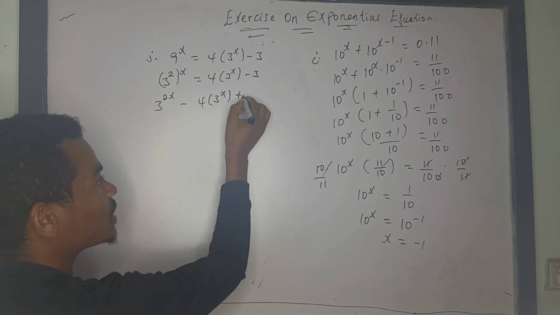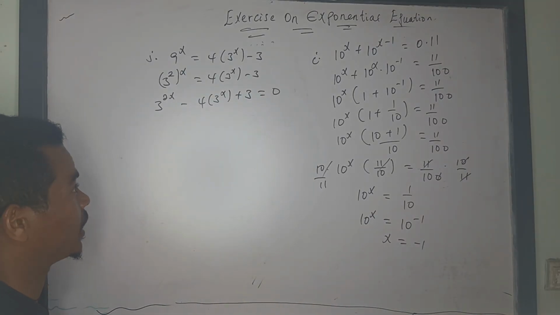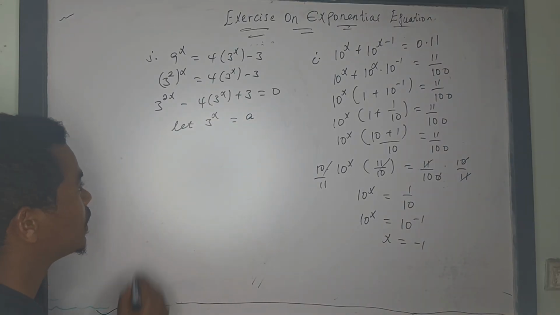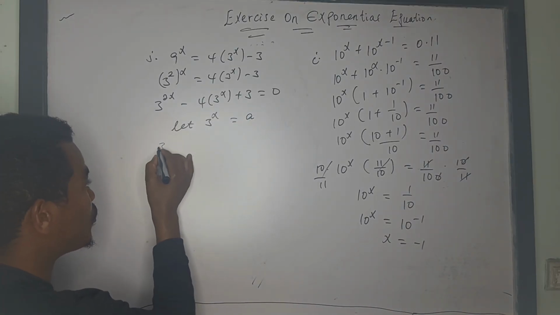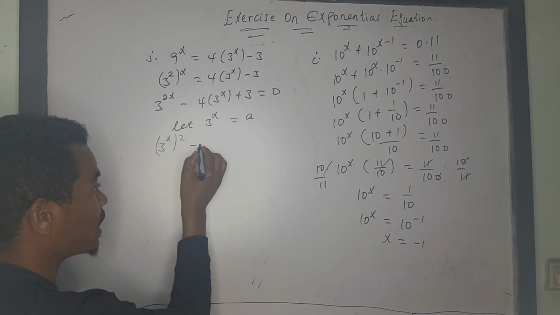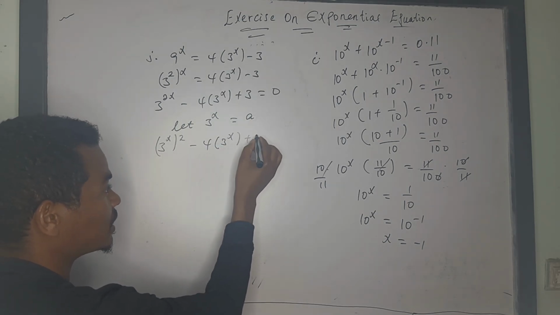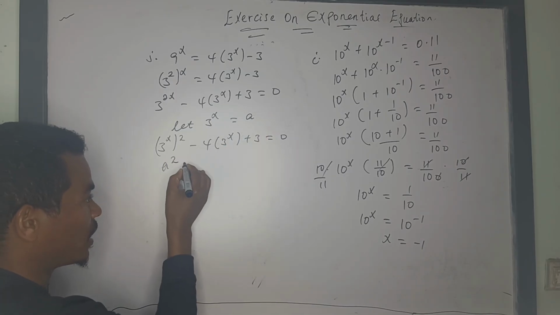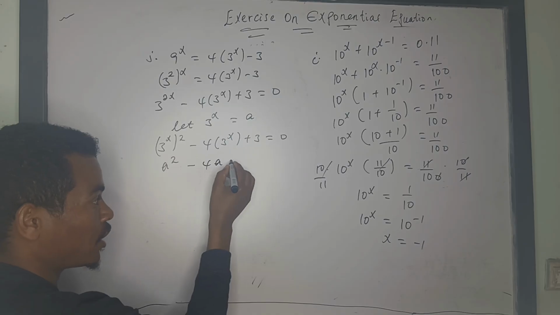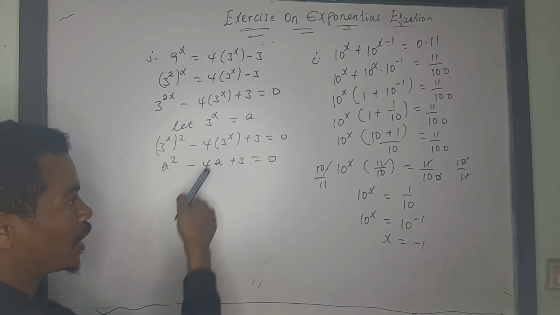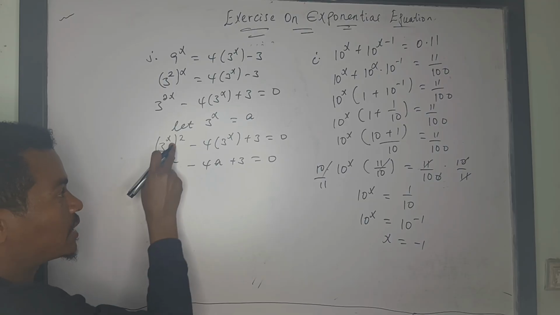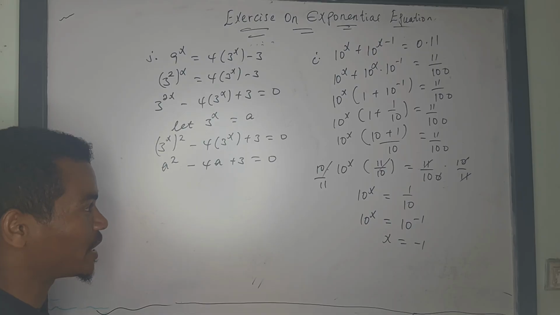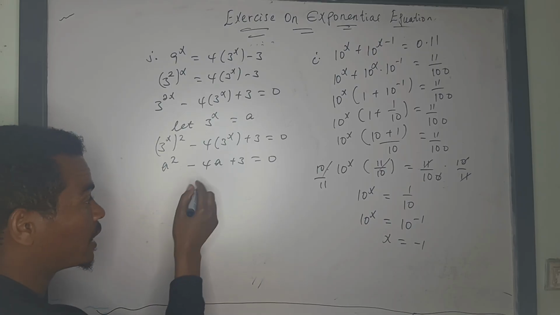Transferring to the other side, 3 the power of 2x minus 4 times 3 the power of x plus 3 is equal to 0. Let 3 the power of x be equal to a. Then 3 the power of 2x is 3 the power of x squared, so a square minus 4a plus 3 is equal to 0. This is a quadratic equation, so to solve it we just find two numbers